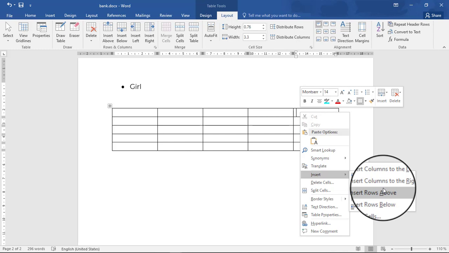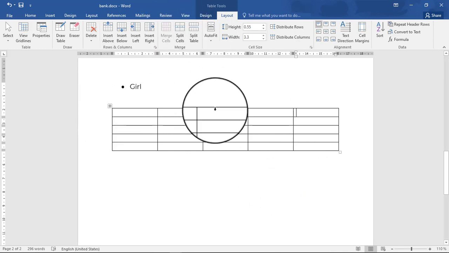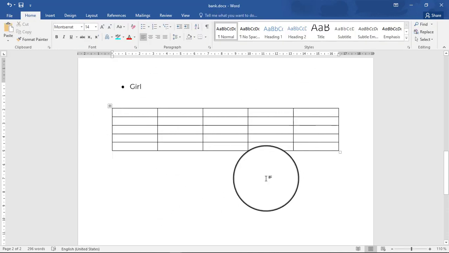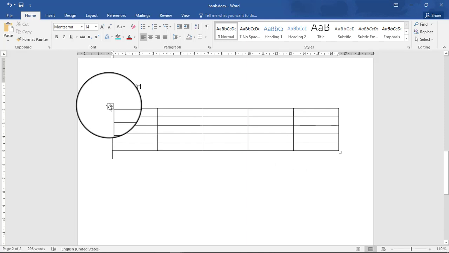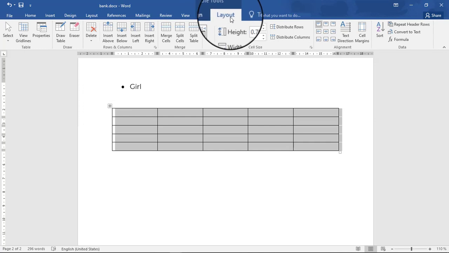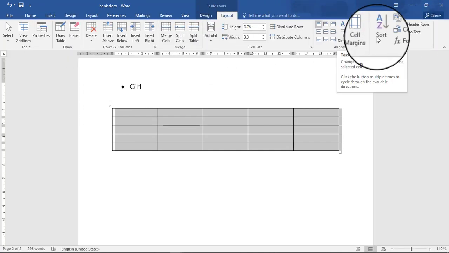So for the table stylings, whenever you're styling the table, maybe you have finished. Whenever you want to style the table again, you just have to press this button here. After you press it, it will open layout here. Then layout is where you will give text direction, anything, everything.